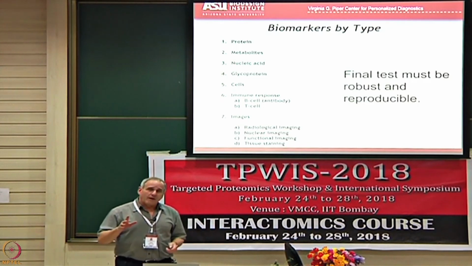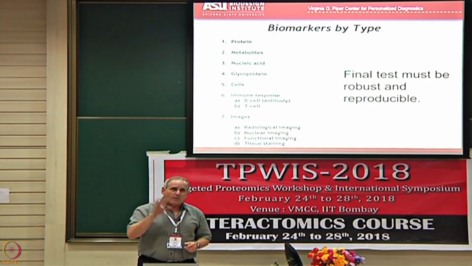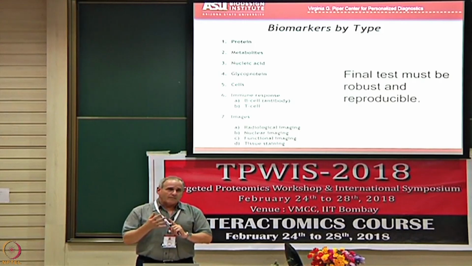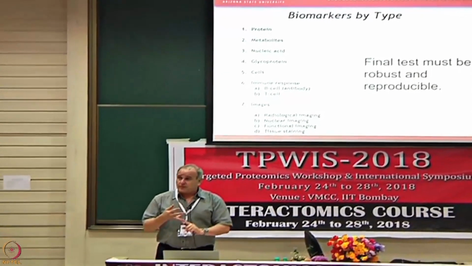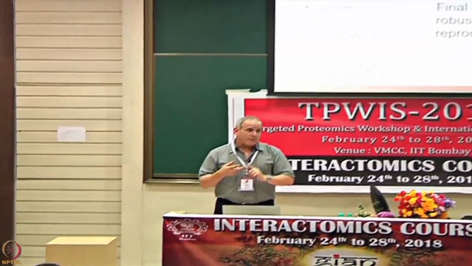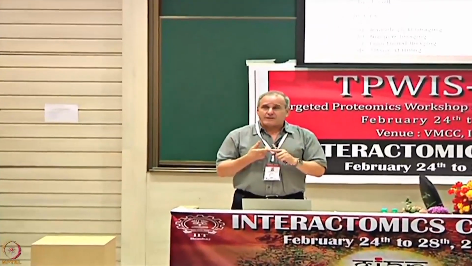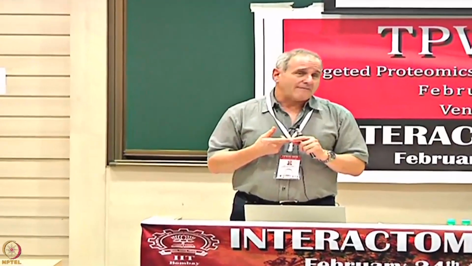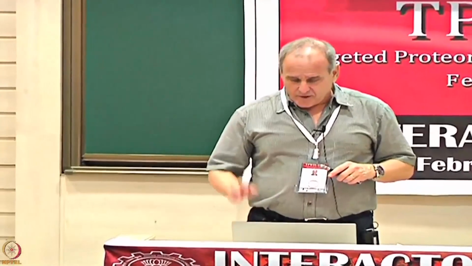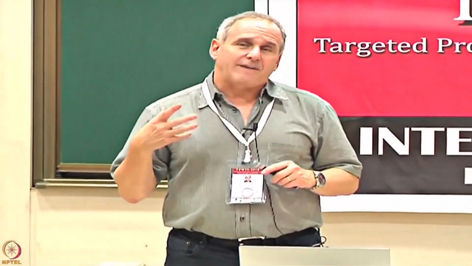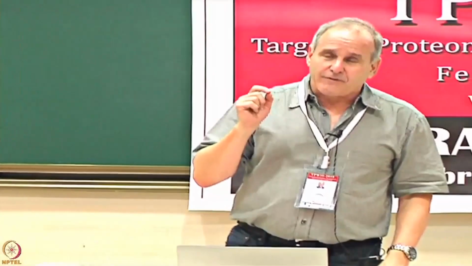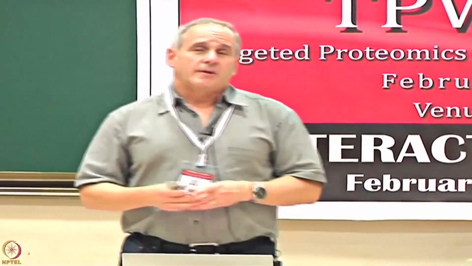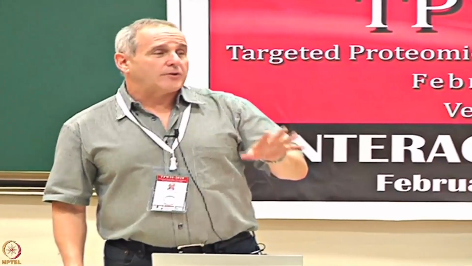All right, the last thing I want to mention. We talked about the use of biomarkers, the source of biomarkers, and the type of biomarkers, and remember I said the fourth way to classify markers was their level of validation. So let's talk a little bit about what I mean by validation. The first thing you have to do if you want to validate a biomarker is define how you're going to use it. The key is understanding that the quality of the marker and what it needs to do is determined by what you're going to do with it.